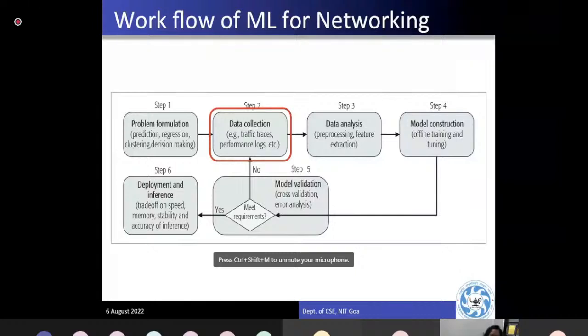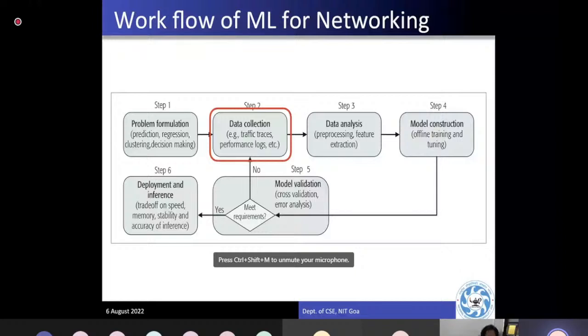Well, the workflow of ML in networking is, I believe, the standard flow in almost every domain, but still specifically from the network point of view. Am I audible? Yes, madam. Yes. Any point, please stop me, because I need the basics to be clear. Other things depend on the person and their research, but the basics of how ML is used in networking, that is my idea.